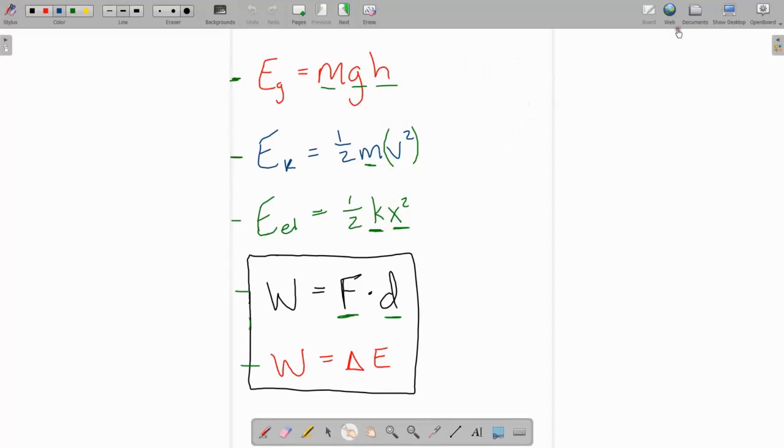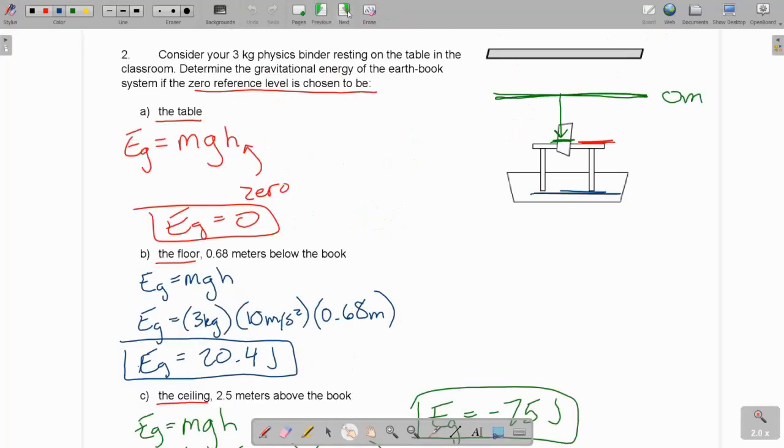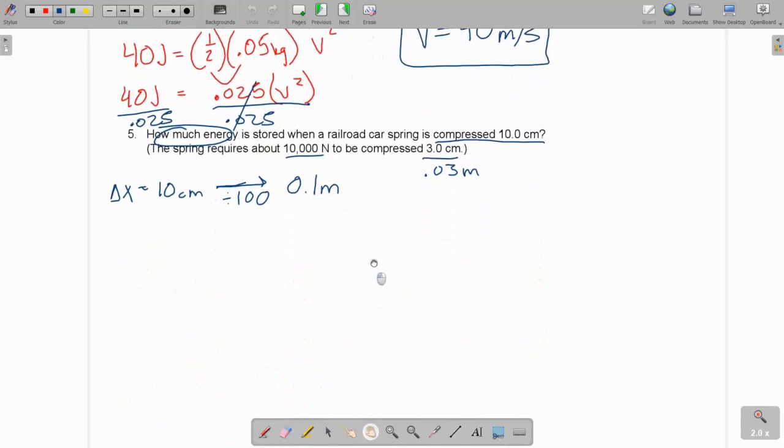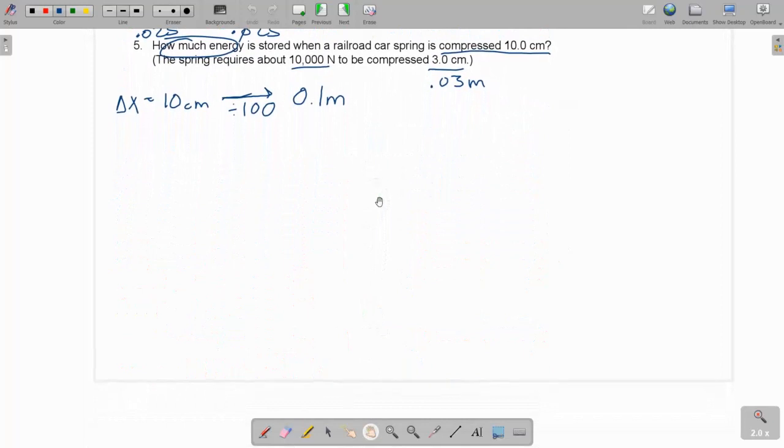So let's go back to our problem here. Well, we're missing the k value, right? We're missing the spring constant. That's what it's given us. Remember that spring constant is measured in newtons per meter. Okay, so it gave us 10,000 newtons per